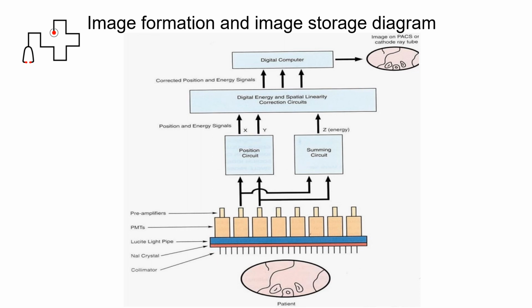Scintillation cameras with single or multiple crystals are used today. The gamma camera has many components that work together to produce an image. As you can see in the slide, this is the cross-section of body showing radioactive tracer in organs. This is the part of the component for a gamma camera. This is a collimator,